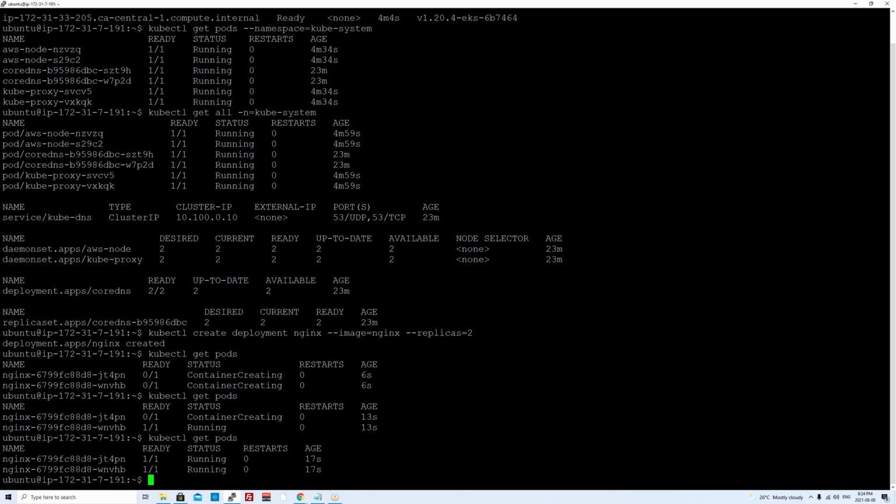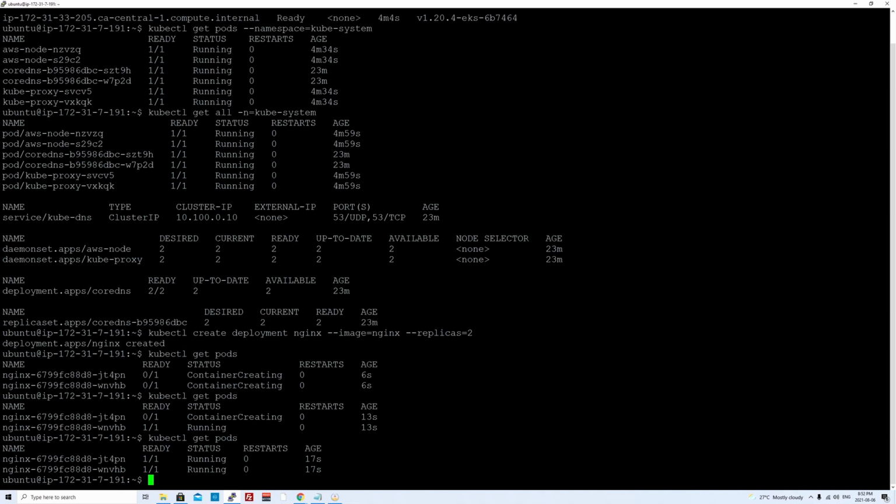So this is what we have done. We have created the EKS cluster. We created the cluster role, and we created worker nodes and associated the worker nodes with the master node. And also we have installed kubectl command line utilities and the AWS CLI utility. So this is what we have done so far. In the next few minutes, we'll see how we can do the same thing with eksctl, which is an easy way to do all of these things. And yeah, let's get into it.